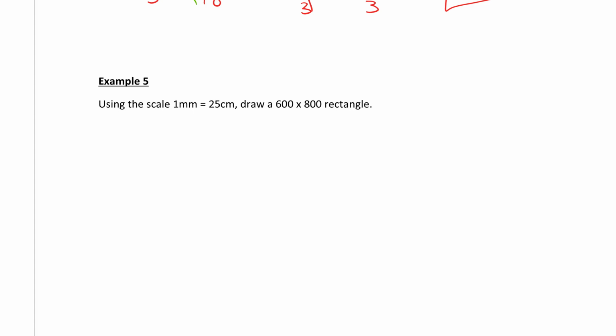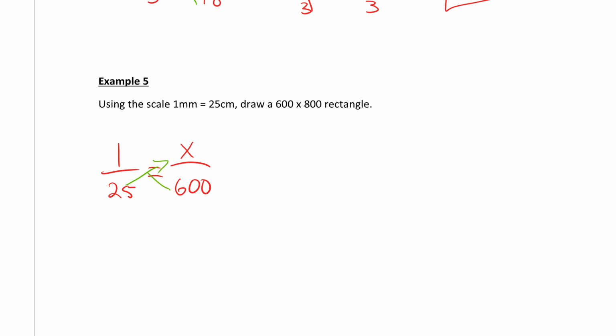So we have 1 over 25 equals, and it's asking us to draw it, so that means we're trying to find the scale. So they're saying the original was 600 by 800, and we want to find the scale, so x goes on top, and we just use one of the dimensions right now, so let's use 600 first,